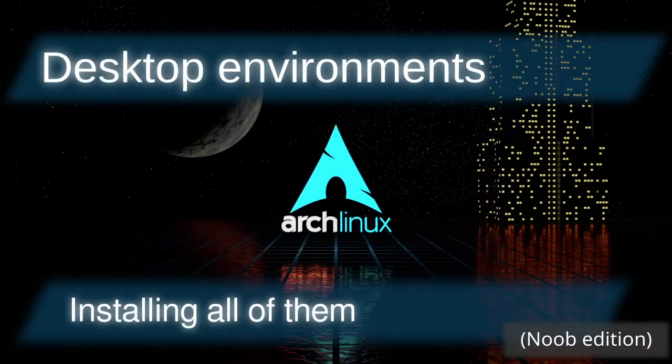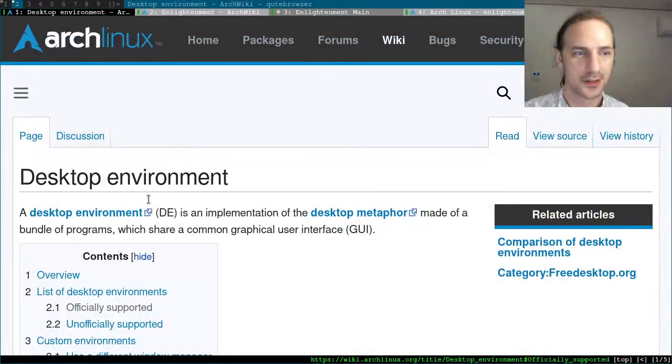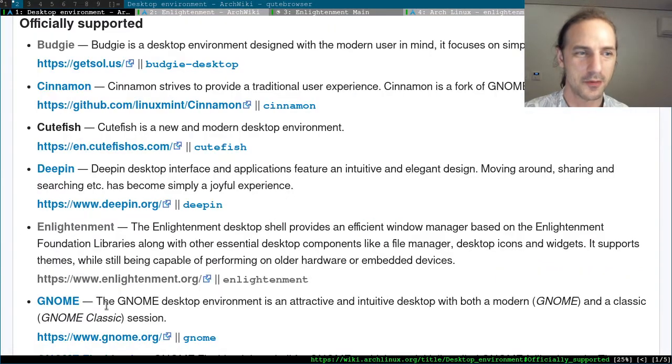Hello and welcome back to our series in which we are going through all the desktop environments that are available on Arch Linux, and we are using the desktop environment page from the Arch Wiki, which contains an alphabetical list of the officially supported DEs. And last time we took a look at the Deepin DE, and now we are going to take a look